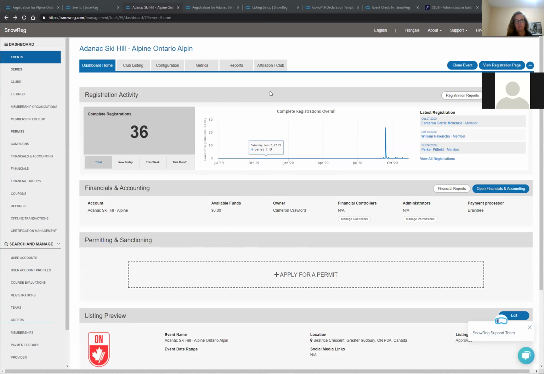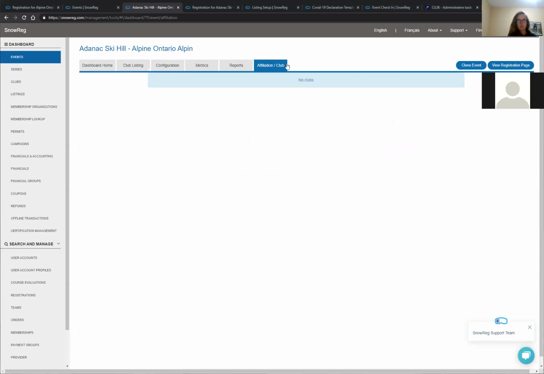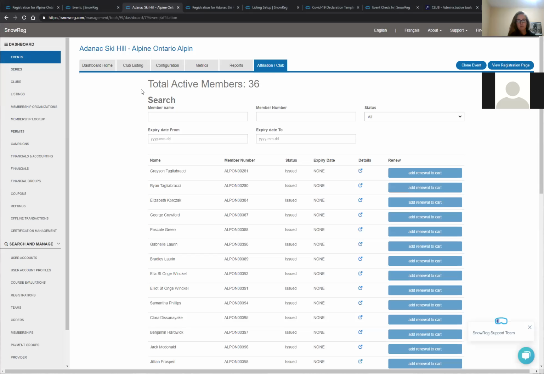But again, if you're just doing bare bones, you just want to see AOA membership information in the system, what you need to access in this dashboard is pretty basic and contained in two different sections. First is this affiliation/club tab. This will give you a list of all AOA members that have affiliated with your club in the system. You can access the membership details from there, see the status, and do some searching and configuration there